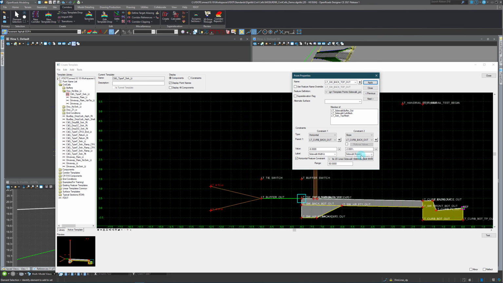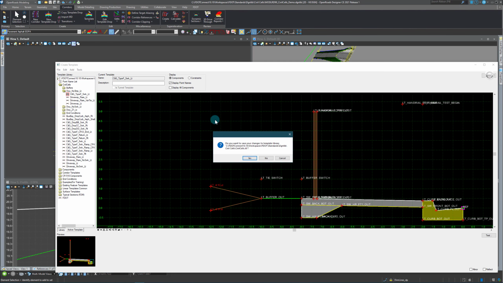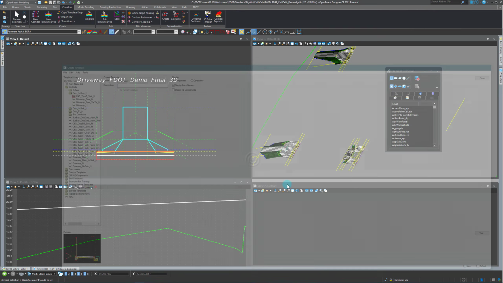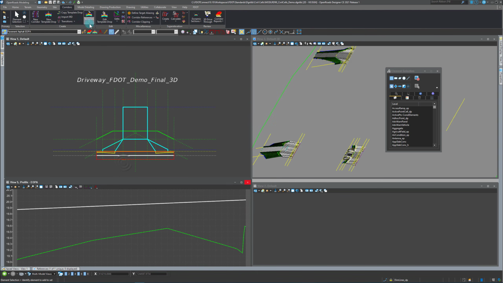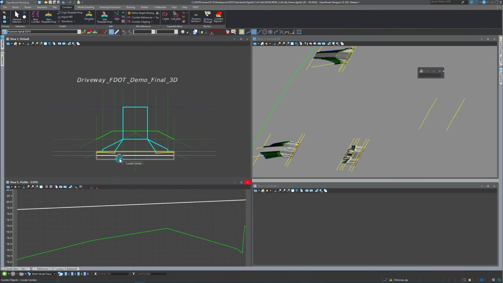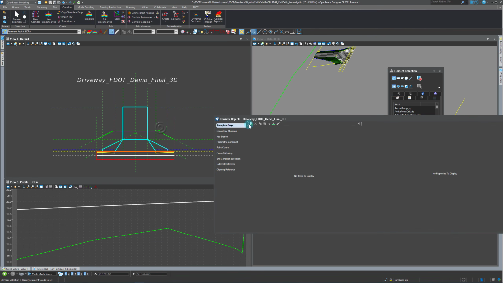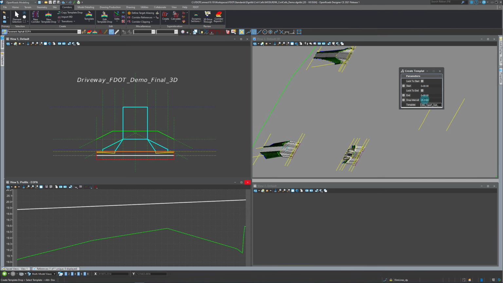So you can see I've got my slope in here. I've had projects where we use 1.5% for some reason, so if you needed to do that, go ahead and change that. Hit OK. So we'll go ahead and we'll close. It'll save. And let's go ahead and grab our bucket here and start putting some templates on this thing. So let's add, when I place a template,